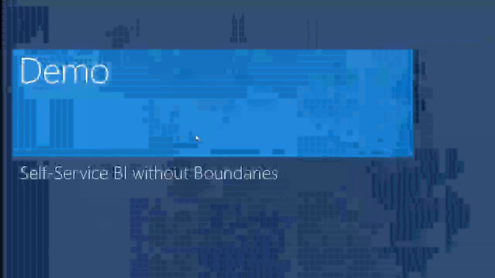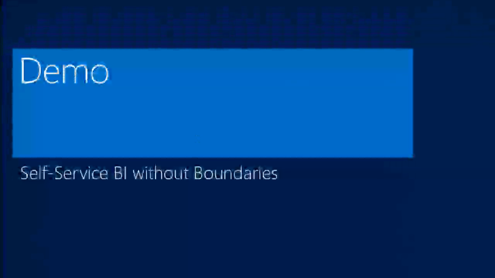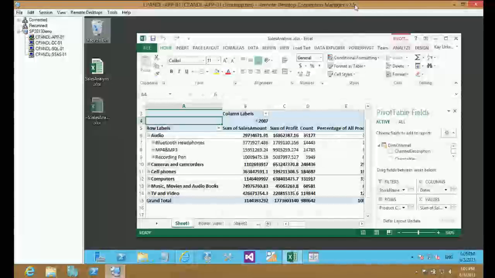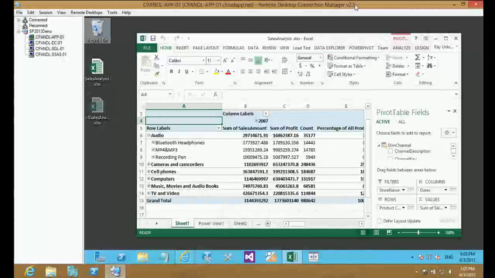Let's talk about self-service BI in more concrete form in a demo. What does it mean when there is no control? What you see here is a simple Excel spreadsheet, a Power Pivot workbook. I created this workbook simply by following the tutorial that is included in the product. If you press F1 in Excel, you reach this. So I created my self-service solution, and I can go in here and analyze the data that was provided to me. That's not what I'm about. What I'm about is